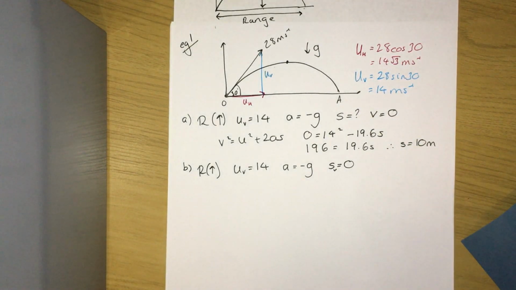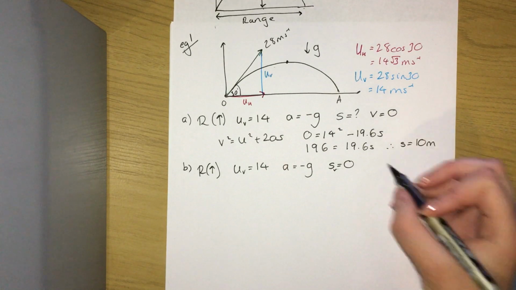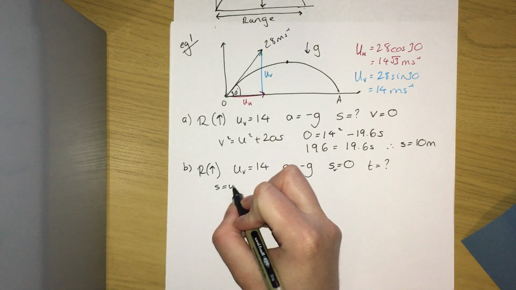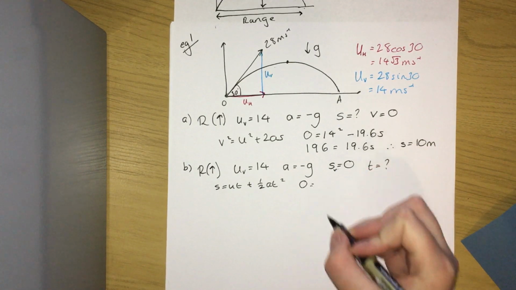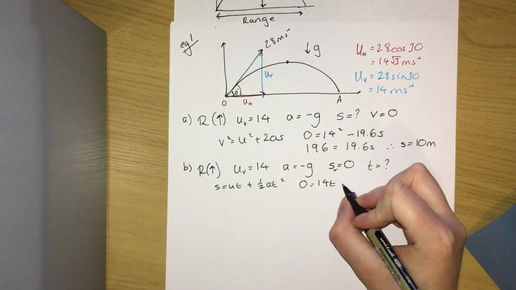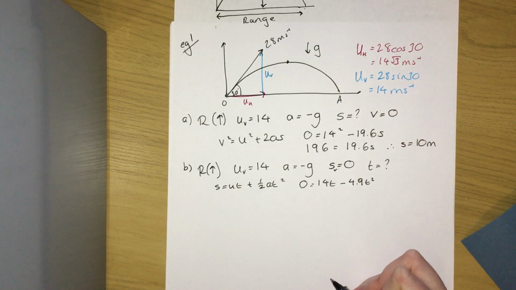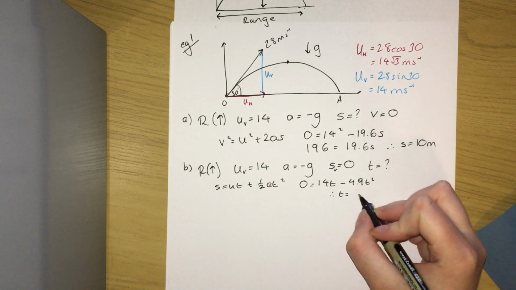So I keep putting v next to things just so that we're really, really clear. I don't do it with acceleration because it's a bit more obvious, but with these ones, it's not always. So the vertical displacement is 0. It's still on that same plane. And I'm trying to solve for time. So I'm going to use s equals ut plus half at squared. So 0 is equal to 14t subtract 4.9 t squared. So I'm obviously going to solve that, solve for t,